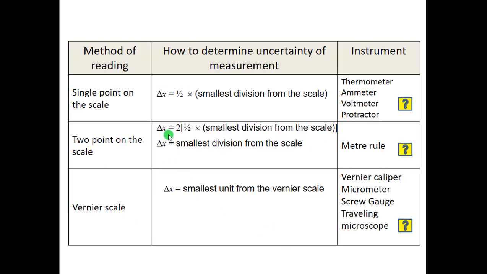Basically, there are three methods of reading. First, when we read at a single point on the scale, our uncertainty will be recorded as half of the smallest division of the scale. Examples of measuring instruments that we always read at a single point on the scale are the thermometer, ammeter, voltmeter, or protractor. So, for example,